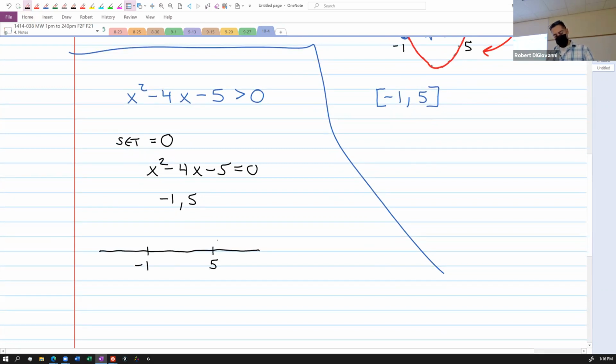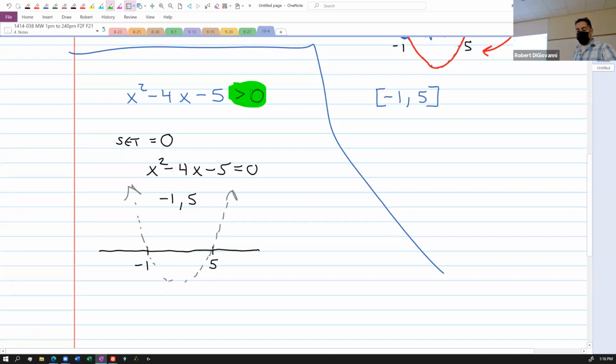-1 and 5. And then I imagine my parabola. It's the same parabola, right? It opens up. So it's the parabola that I'm kind of envisioning. Comes down here, goes like this, and goes up, right? But this time, I want to know where this parabola is greater than 0, right? Where is it bigger than 0? So that means where is the graph above the x-axis? And that's happening here